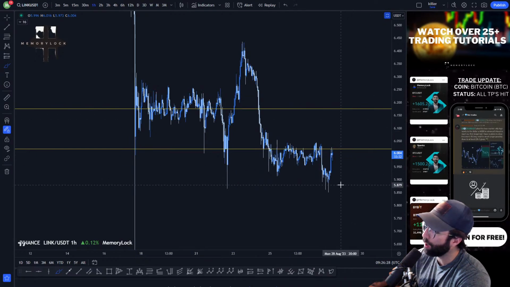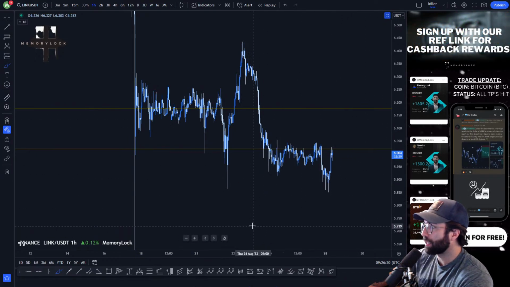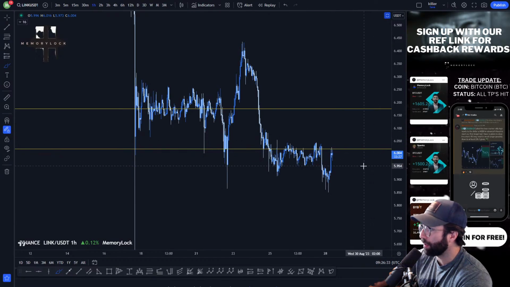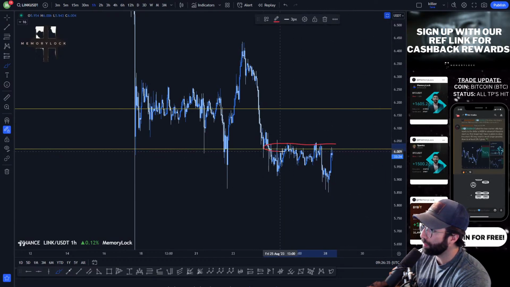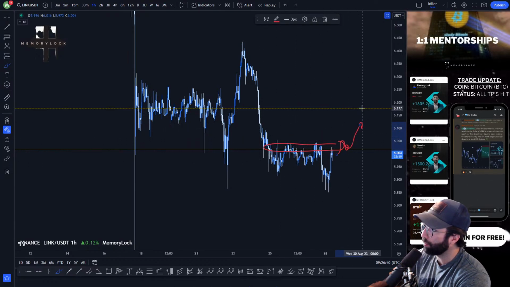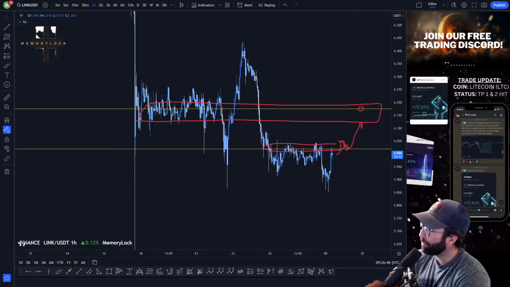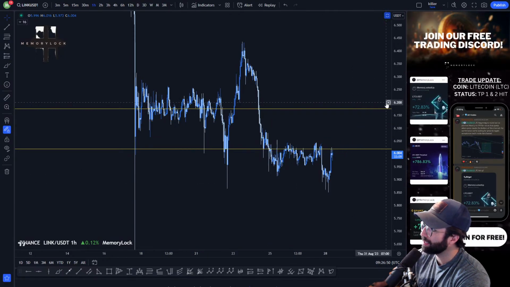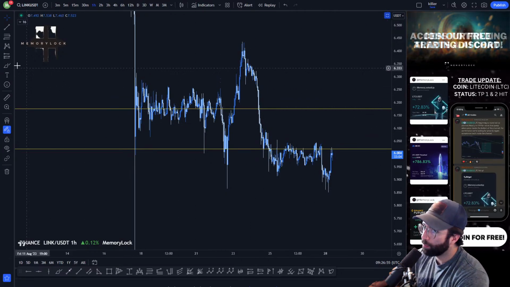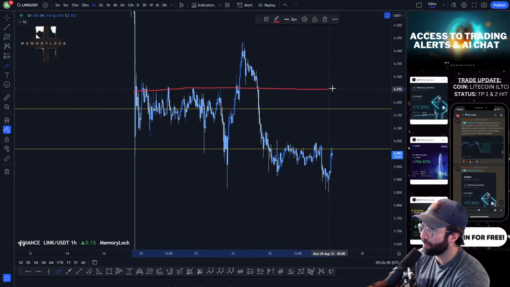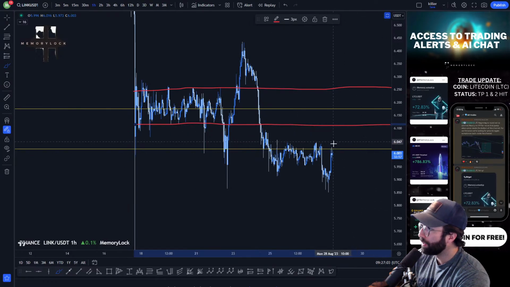Similarly, like how Arbitrum has that trend line there that I'm looking to reclaim on ARB, right? Well, this is that zone for me on Link. If we can get back above this and reclaim this level, I don't see any reason why we won't trade back up at least to the 618 zone. Kind of back up into this area here, which, like I've posted in the Discord, that 6.2 zone, around the 618, 6.175, 6.2, is a pretty key take profit for me. Pretty key take profit, this kind of zone for a long like this.